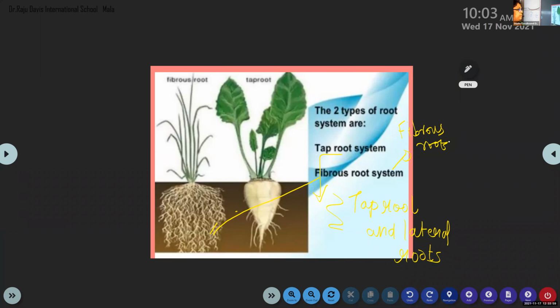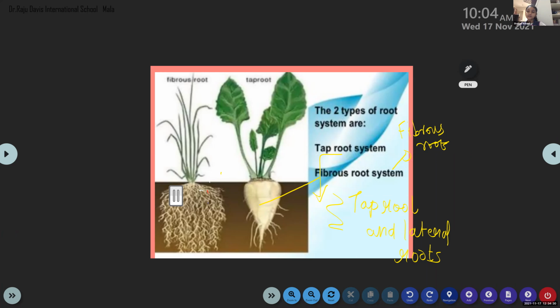Fibrous root system. Taproot and this system, you have already written. Similarly, these root systems come under two different venations. Did we discuss that? No, ma'am. Okay, fine. Shahad, can you tell me which are the two leaf venations we have learned?